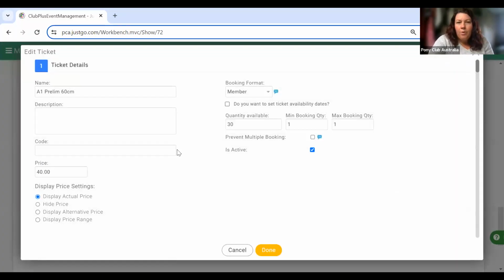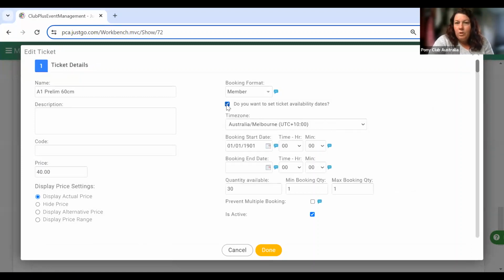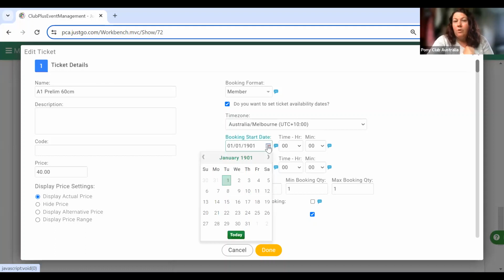Alrighty. Now, the first thing that I want you to do is, do you want to set ticket availability dates? Yes, we do. And the reason that we want to do that is that there's currently no booking end date. Okay, and the booking start date is default, it's 1901. So we do need to change that. Now, if you're ready to set your ticket up,